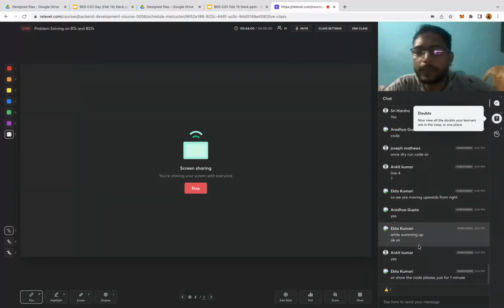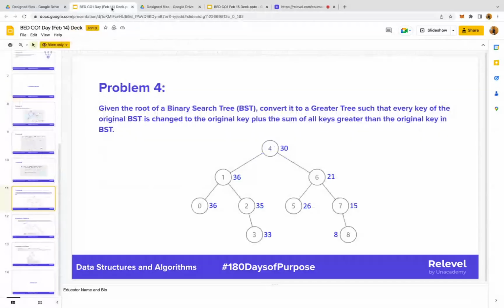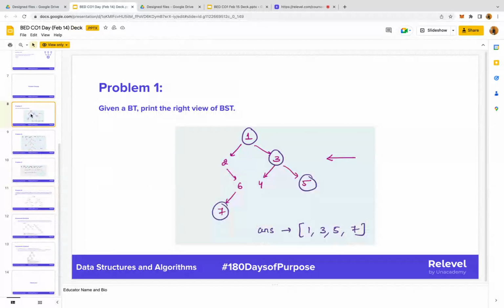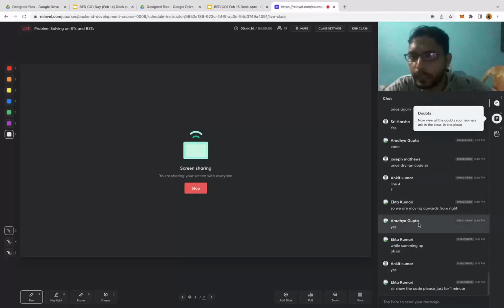Okay, so these were the two questions in that slide. Let's see the remaining questions from that slide. So, right view. Do you guys want me to explain the right view also? We can go for that as well, no problem. Otherwise, we can go for the next question, which was